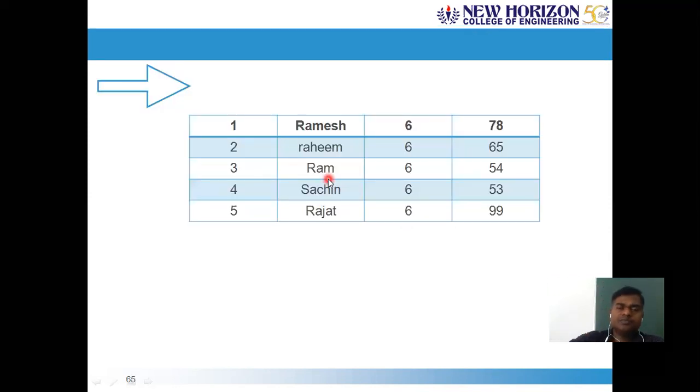If you look at this, assume that this is a virtual table that is written by the DBMS as a part of the result set object. So my values will be like this: USN, name, semester, and the marks. I have five rows of data and four columns, a five cross four matrix kind of data it is.